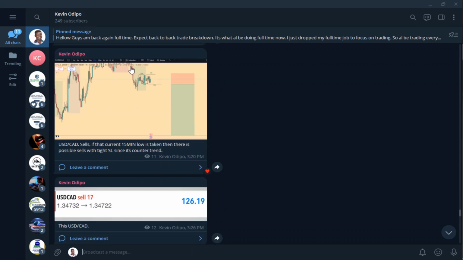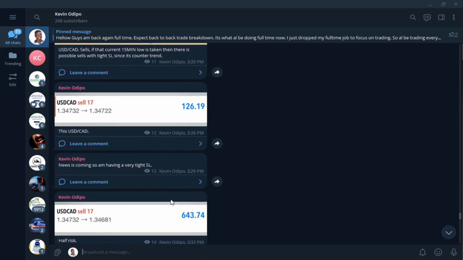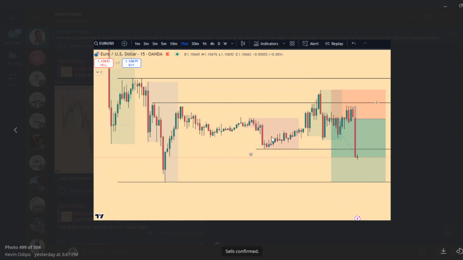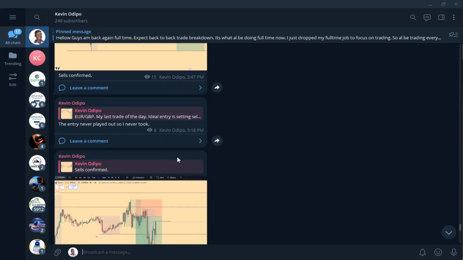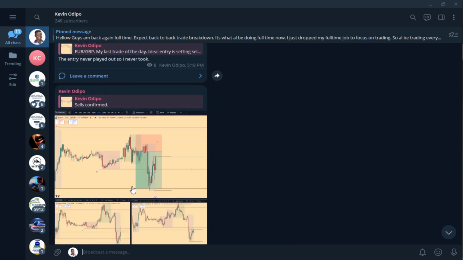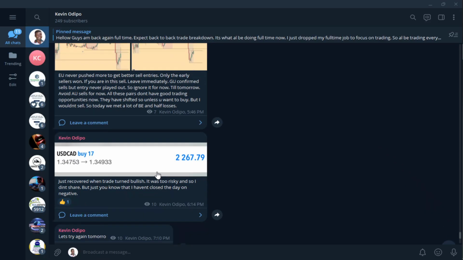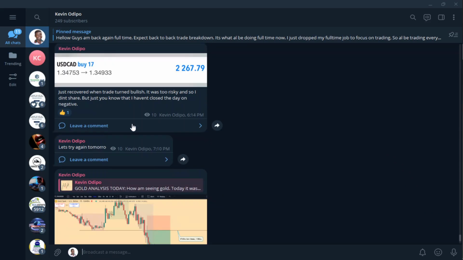We also looked at another USD CAD sell, which went to break even. So BE hit. Then the Euro USD trade manifested well because order flow was obeyed. Change of character, tap into the order block, rally. So I was looking at another trade here. So if you want to learn how I trade, look at these very good moves which continued. By the way, it heavily continued. So we picked another